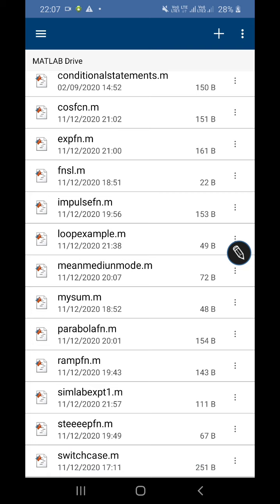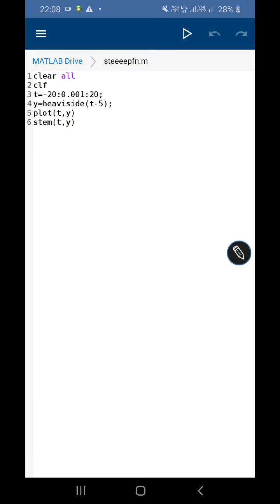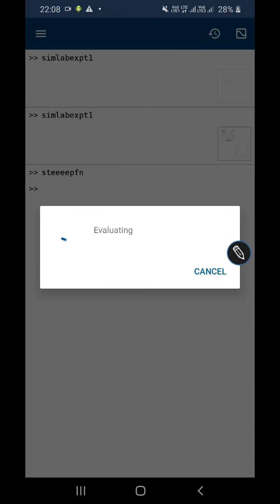So you know that there are different types of signals like sine, cosine, exponential signal, step signal, ramp signal, then impulse signal, parabolic function. These all functions have some kind of information. So you can generate them in MATLAB. Let me show you. First of all, start with the step function. Let me first run it.